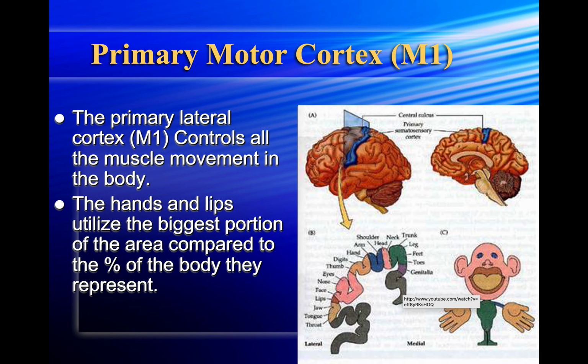The primary motor cortex, the M1, controls all the muscle movements in the body. The hands and the lips utilize the biggest portion of the area compared to the percent of the body that they represent. And as you can see, there are different areas. If you put a probe and touch these different areas, the muscles will react to that. Most of them are hands and face, or lips actually. Your lips are very